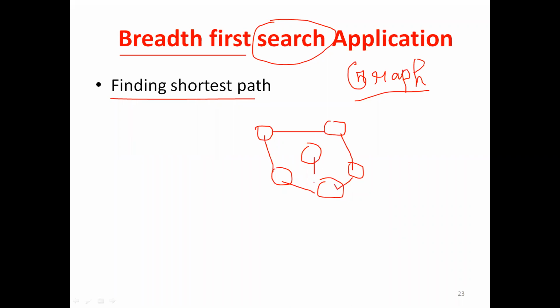Let me draw a graph. Let us consider it is a graph, connected with some edges, nodes and vertices. There are some number of vertices and some number of edges. I am naming only two nodes here, two vertices. Vertices are nodes in the graph. If I want to reach B from A.